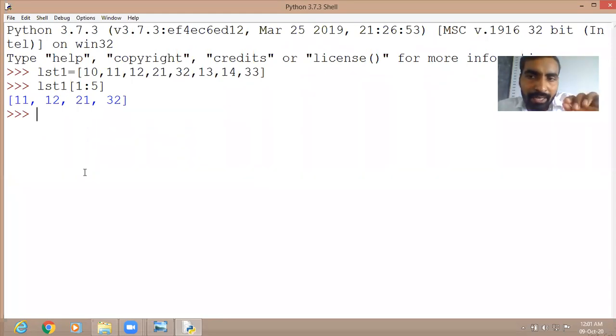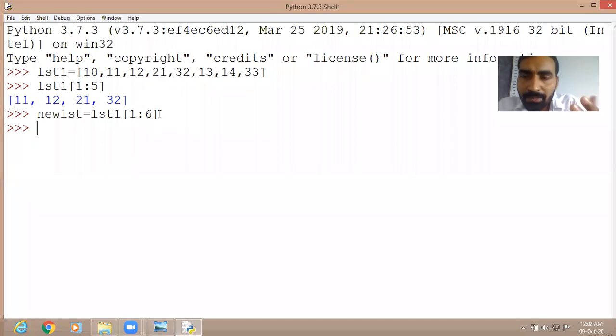And you can assign that slice to a new variable also, to a new identifier. For example, if I write new LST equal to LST1 of, suppose, index number 1 to index number 6, it will provide the values starting from 1 up to 6 minus 1, that is up to index number 5.